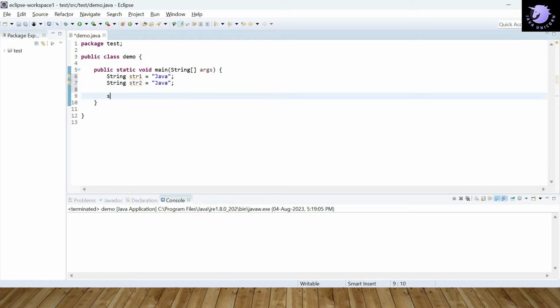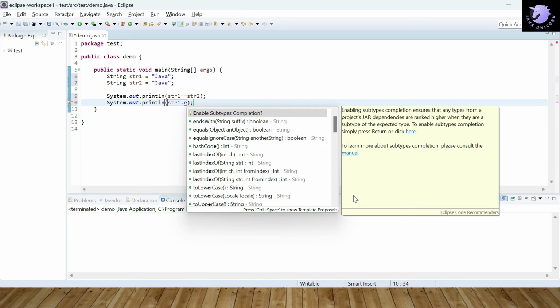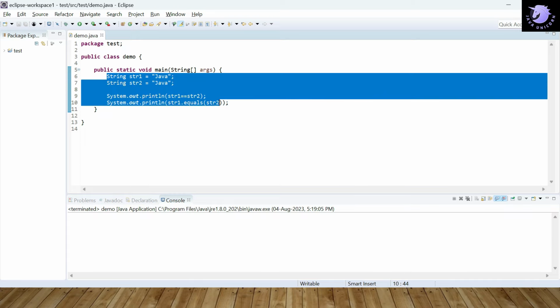Now we want to print, with System.out, str1 == str2, and also str1.equals(str2).